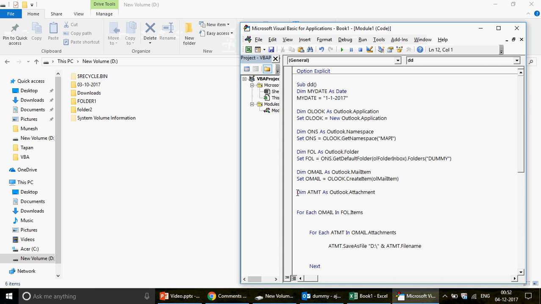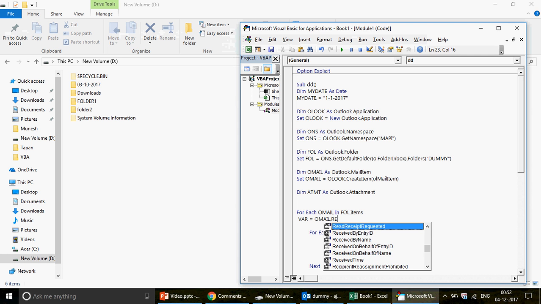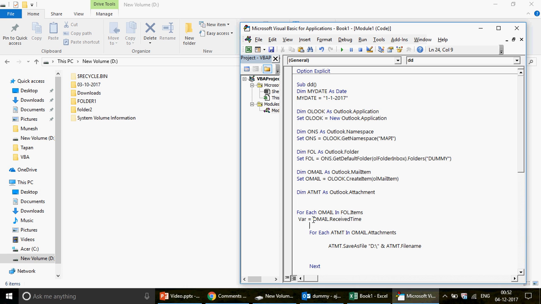Now guys, when it is going to access the emails one by one, I just create here one variable which is going to be omail, and then dot, and then received date. Okay, receive time. Then we will have the receive time, and that receive time I'm simply going to change. So if I write here format, because receive time will give you the date and the time both, HMMSS. I just need it in the MM and DD and YYYY